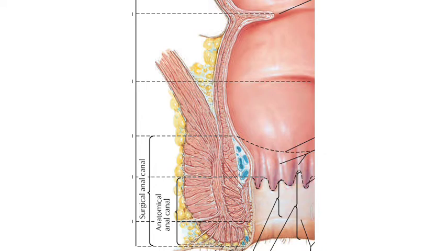What happens to it? The longitudinal muscle blends at the anorectal junction with the puborectalis part of levator ani. This is the levator ani muscle. This longitudinal muscle joined with the puborectalis part of levator ani and forms a conjoined fibroelastic sheath. You can very well see the conjoined fibroelastic sheath here, this region.